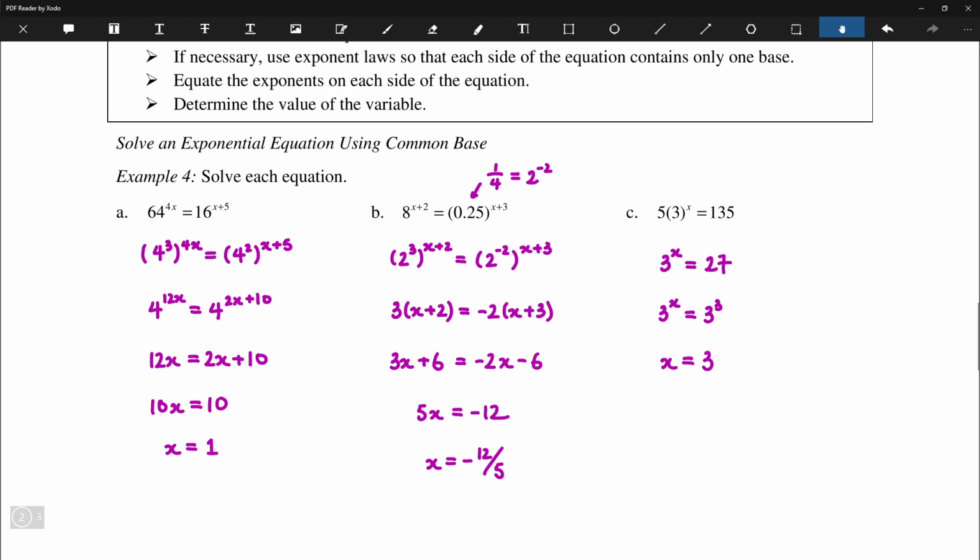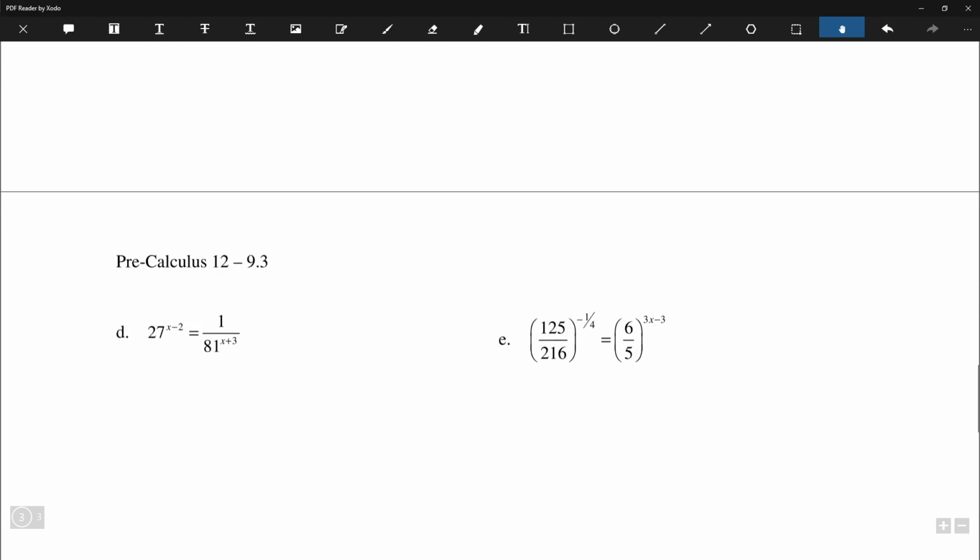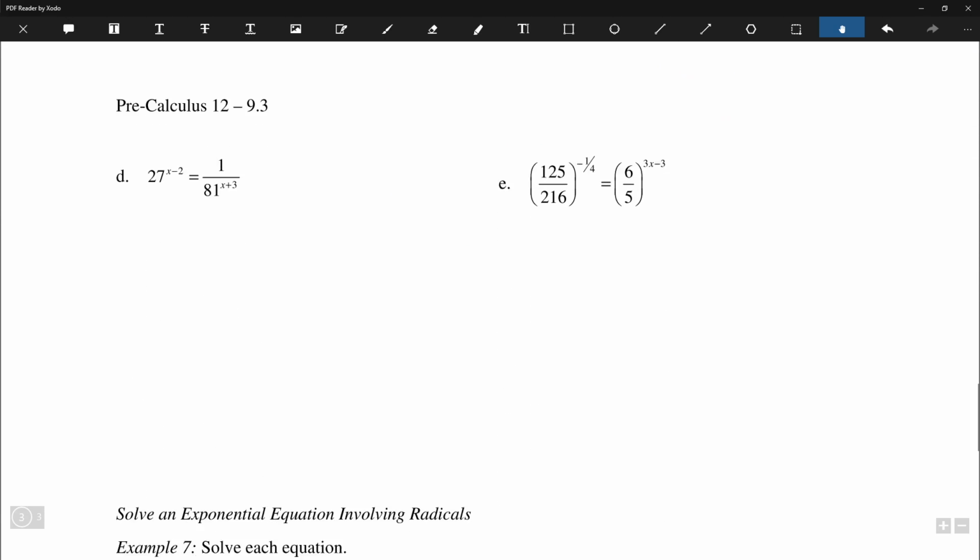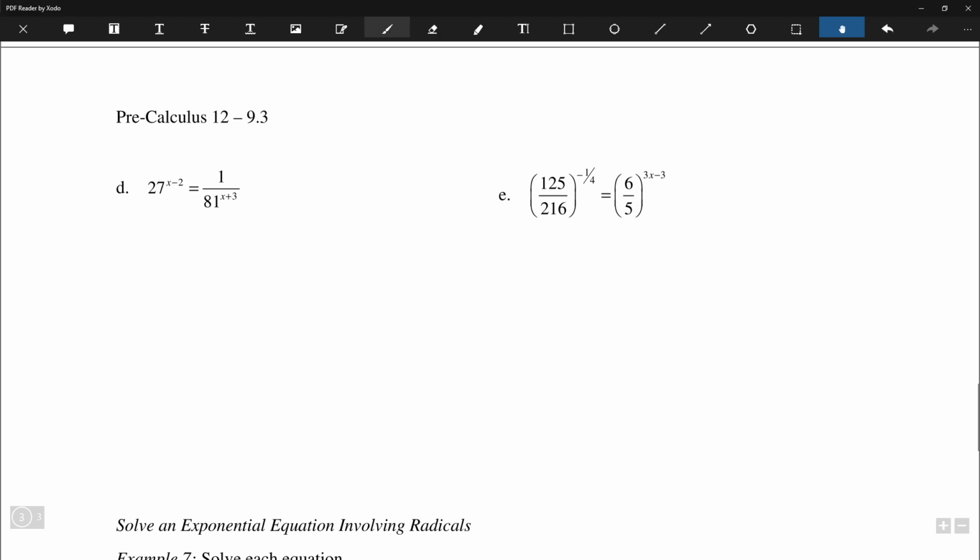Okay, so there's a few more examples, a little bit more sophisticated ones on the next page here. First one, we have 27 and 81 as our base for now. So a common base would be 3, of course. So on the left-hand side, we have 3 cubed, and then to the x minus 2 power. On the right-hand side, we have